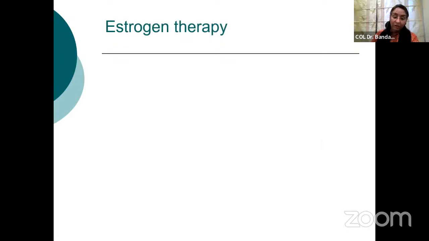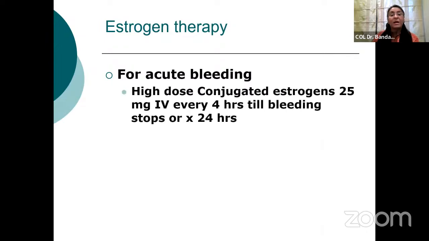If we have to give only estrogens, now where are the conditions where we have to give only estrogen therapy? We have to give it for acute bleeding. If we have a girl who's bleeding acutely, a puberty menorrhagia that we call, that is after the onset of periods, sometimes mothers bring the child with severe bleeding which is not stopping. So in these cases, we may have to give conjugated estrogens by intravenous route, 25 mg every 4 hours